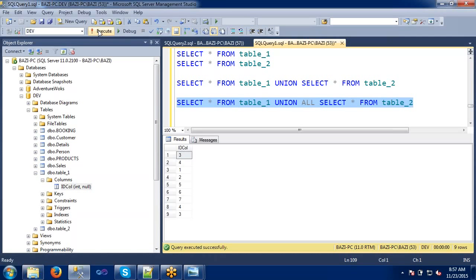If you look at the differences now, union all is having duplicate records, right? 3, 4 here is displaying. Again, it's a 3, 4 here I am able to see. So that is how union and union all will be useful. If you don't want to display any duplicate data, here it will be no duplicates. In this concept, we don't have any duplicates here. Here it will allow duplicates.